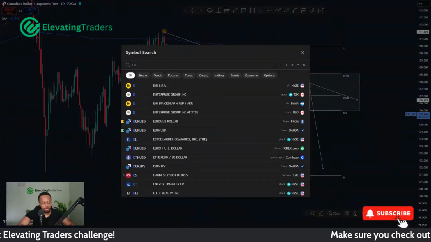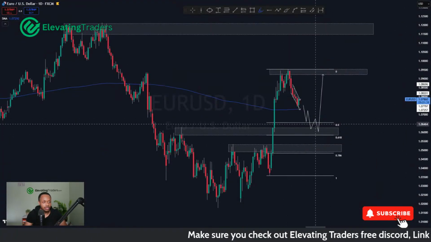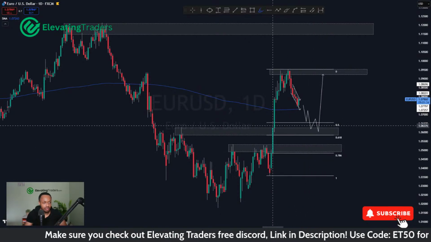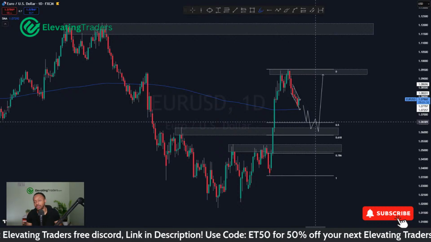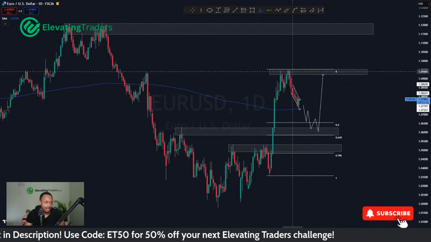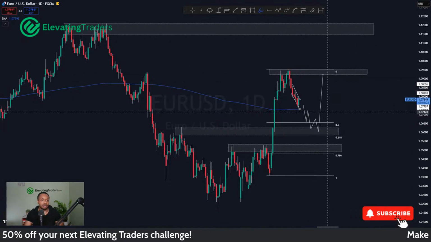USD pairs, I'm just looking for pullbacks. So of course you got your lovely Euro USD. I'm liking the opportunities back here at 1.06 and also 1.05. Lovely breakout a couple of weeks back, and I'm just looking for a pullback back into some areas of support, demand to take the next swing. Hopefully catch that higher low and at least take it back into resistance up there, 1.095.